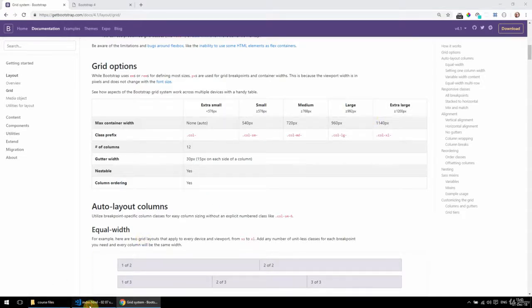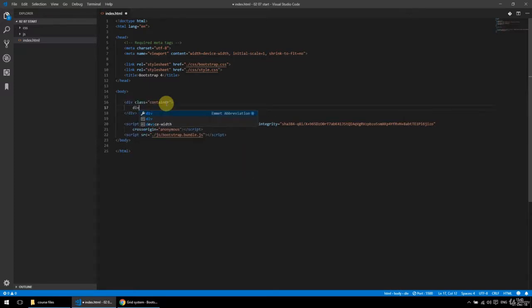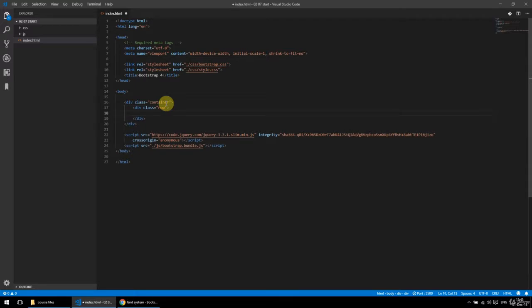Let's see. So first of all, I would have a container. And inside of that container I would have a row. So I want to have 4 columns in a row on small screen and up. So I would have a div with a class of col-sm for small. And I said I want 4 in a row, so I would give it a width of 3, since 3 is 1/4 of 12. So this just like so is gonna be 100% width below sm and 1/4 on small screen and up.